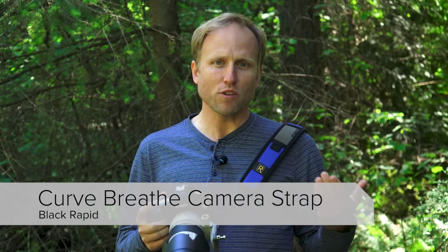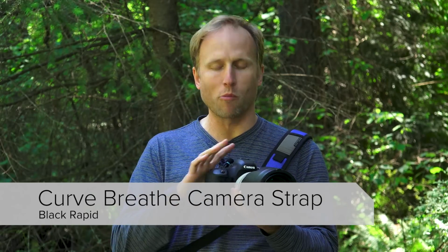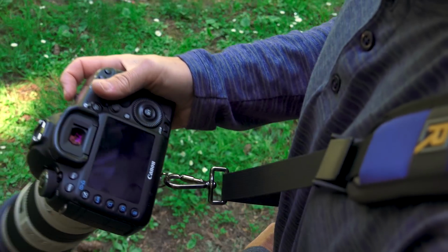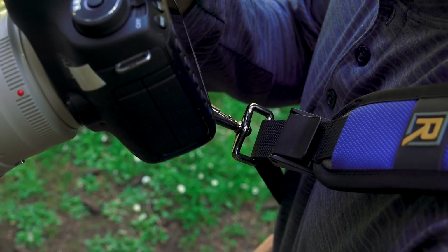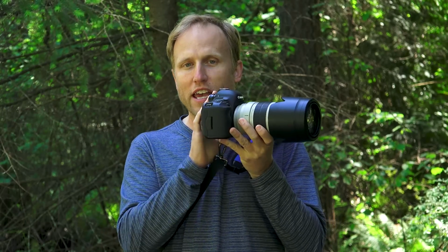So the first strap that I am going to talk about, that I like and that I can recommend in some uses, is this Black Rapid strap. It really solves that issue by letting the camera slide along the strap. Now, I think almost everybody out there has seen one of these straps. They're extremely popular. I used one for many years and it works well. I love that you can bring it up to your eye so easily. It's fairly comfortable. Its attachment point is at the bottom, so even though you've got a strap system here, it's very rarely in the way